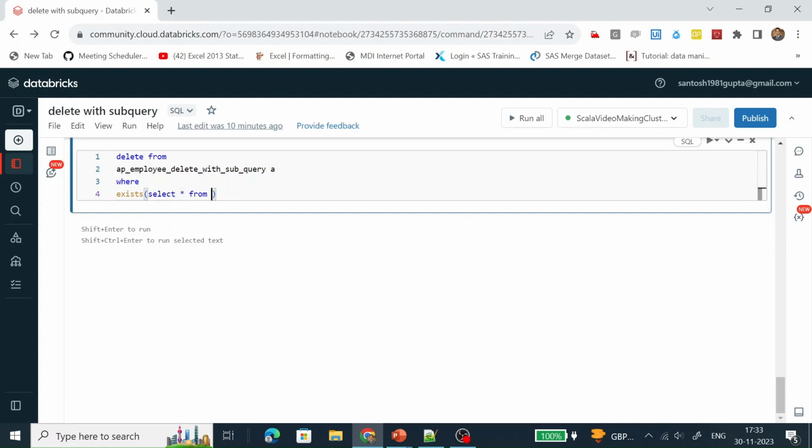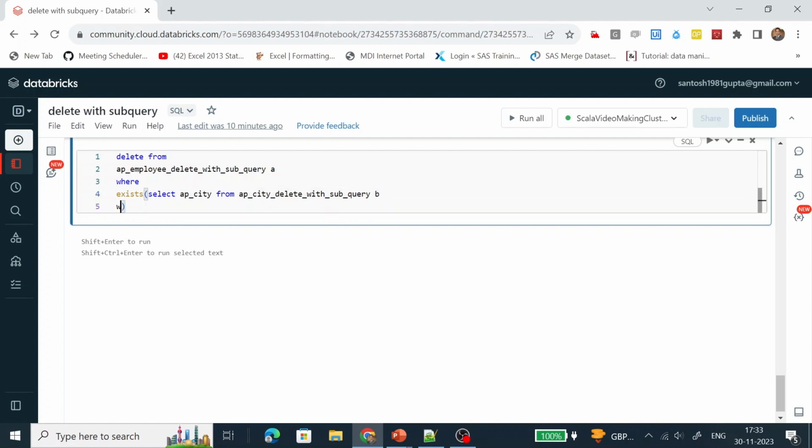Select star from this table. Here, not select star, we select APCT, because we are selecting the city only. This is D, where a dot APCT equal to B dot APCT.